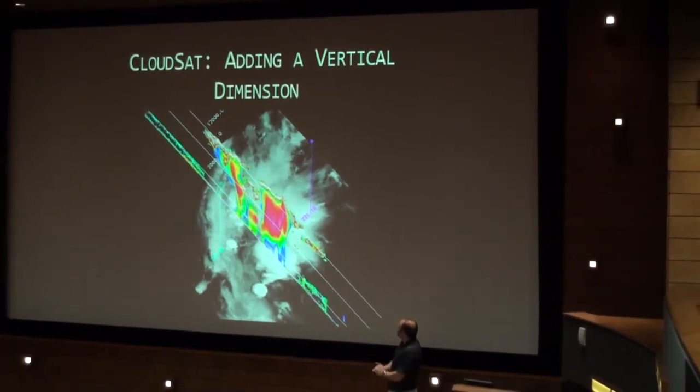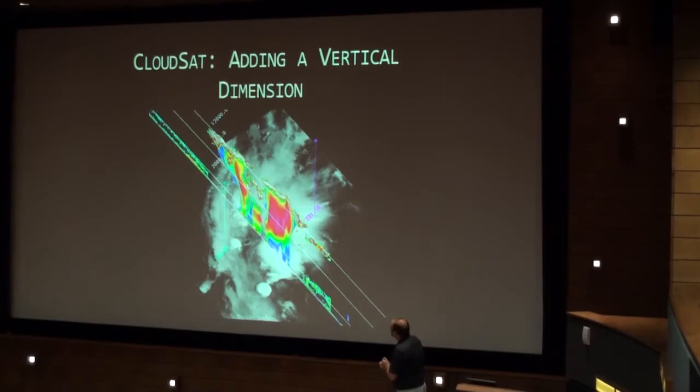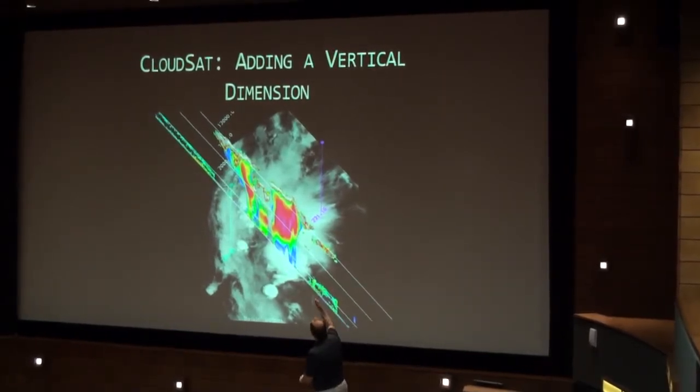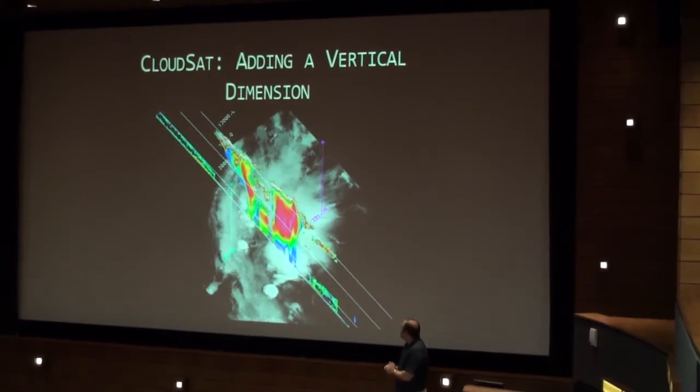And so this is just a nice graphic that some high-paid graphic design people put together. CloudSat going through a MODIS cloud image of what looks like a developing tropical storm, I think this is. And so you see another key point here, and I'll make this actually on the next slide,